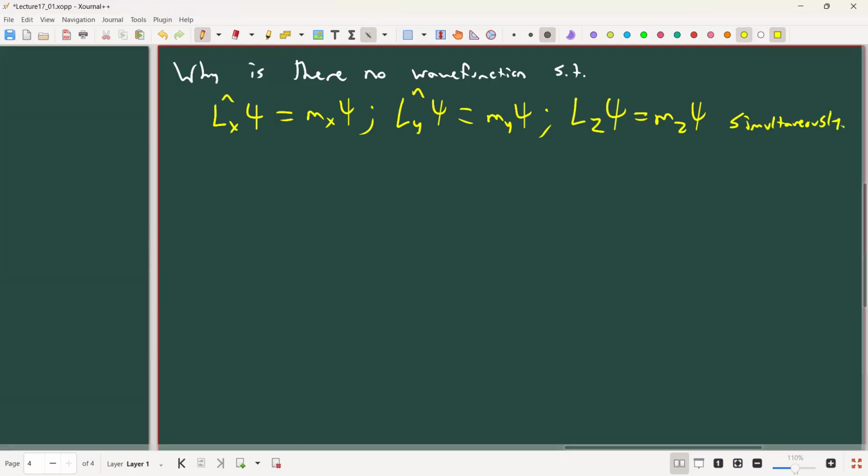Right? Why is it that we can't define a state that is valid for all three directions? That's one. The theorem we're going to use